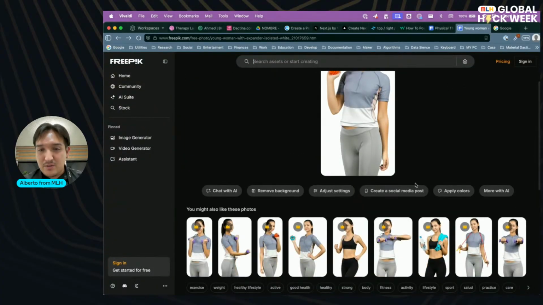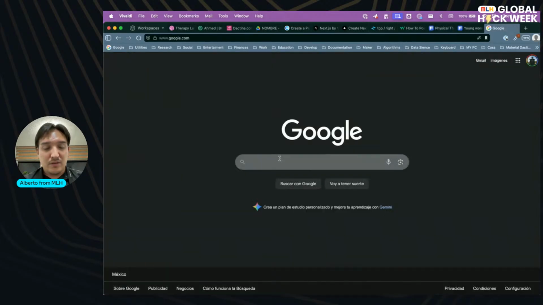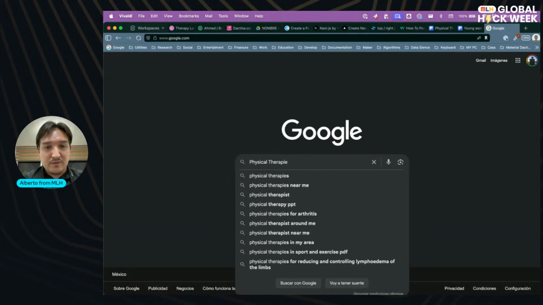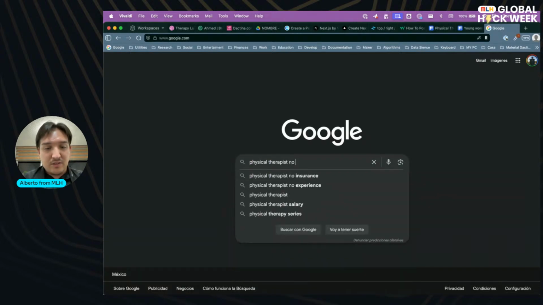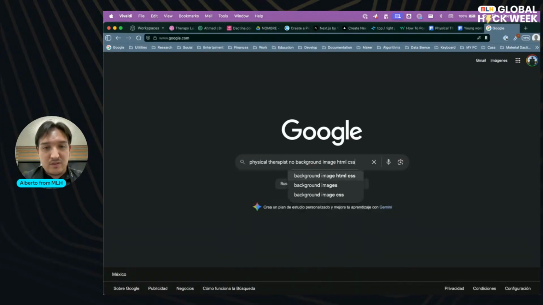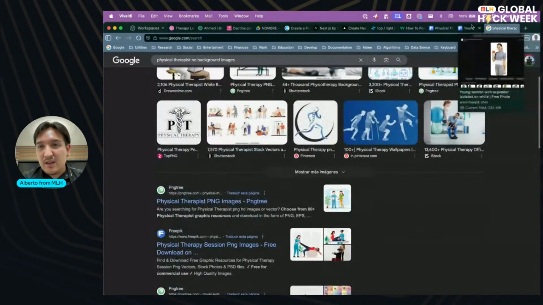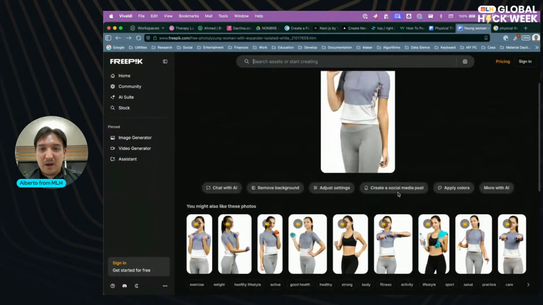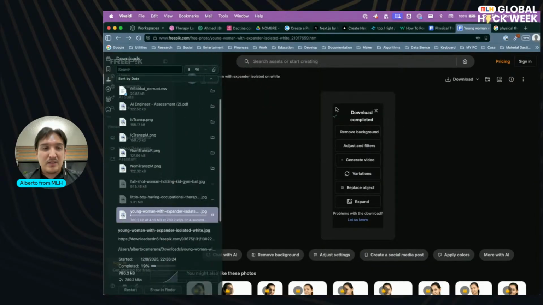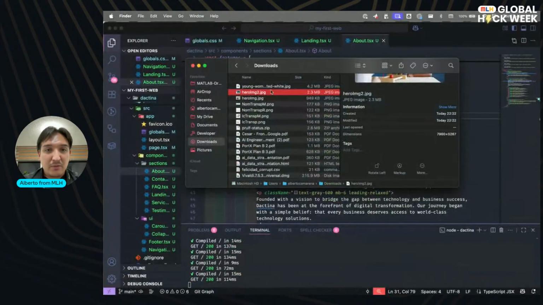Okay, I'll try to look. Maybe it will be better if I remove the background, right? I'm going to download this, save it, and see if I can remove the background.